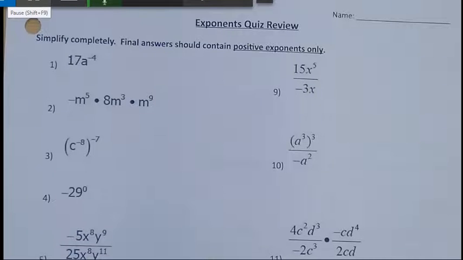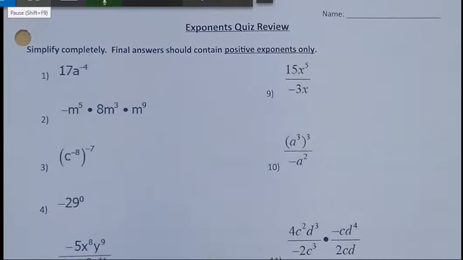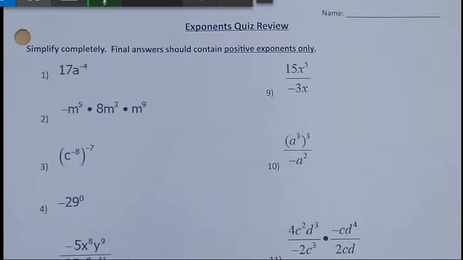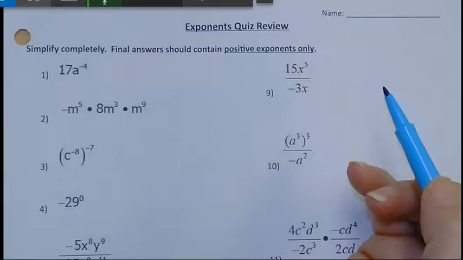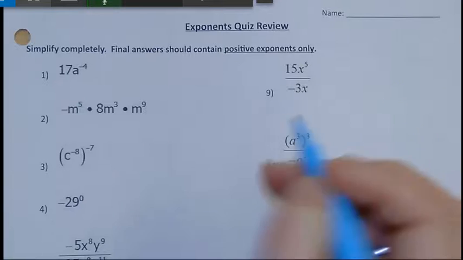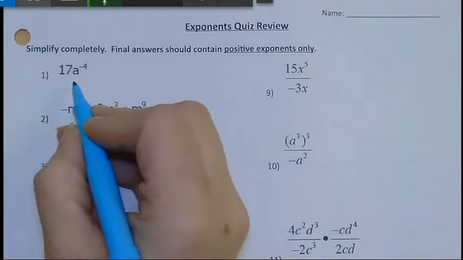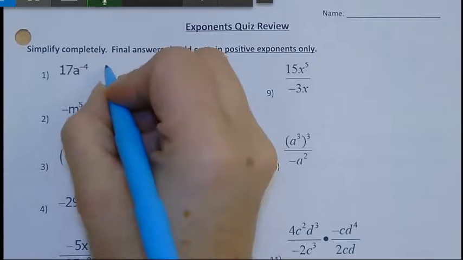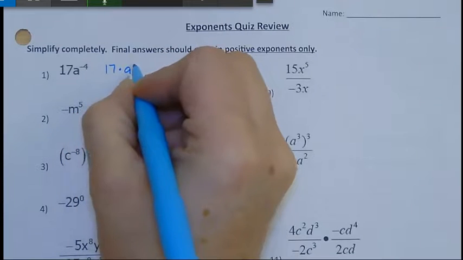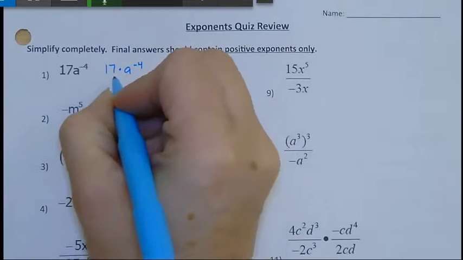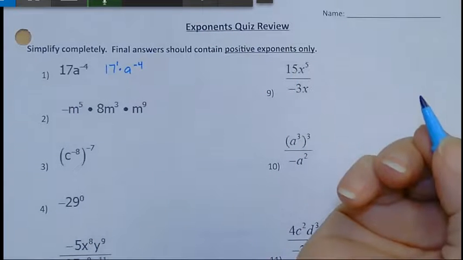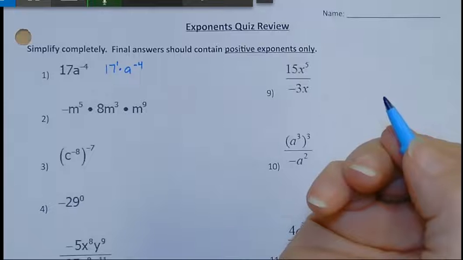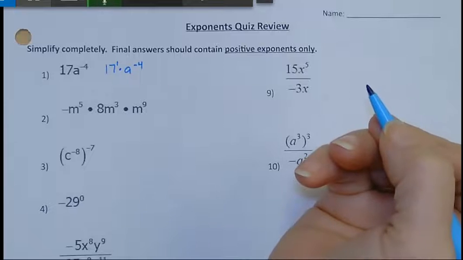Hello, we're going to go over our exponents quiz review using our laws of exponents. Remember, we always want to have a positive exponent, not a negative exponent in our final answer. So when I look at 17a to the negative 4, I realize that that's really 17 times a to the negative 4. This 17 has an invisible exponent of positive 1. And that's just important to think about because I want to have all positive exponents when I'm finished with my